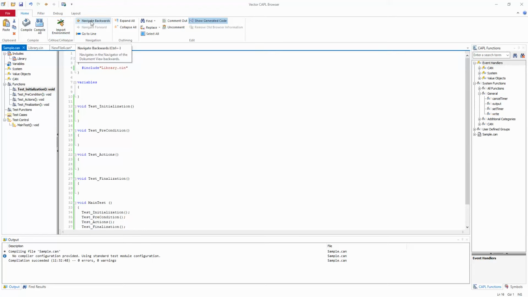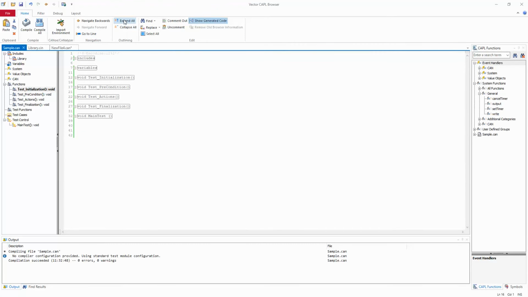And then you have navigate backward and forward, and then go to line. Navigate is like going backward and forward, and go to line will ask you which particular line you wanted to go to. When you enter the specific line, it will go to that line. This is required when you have a huge number of lines of code and you wanted to navigate to a particular line; this will be helpful.